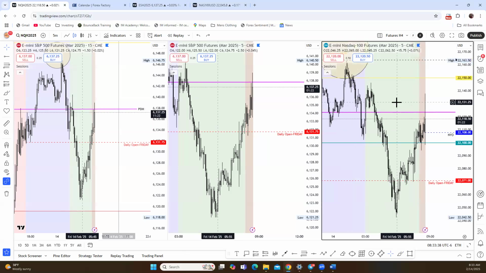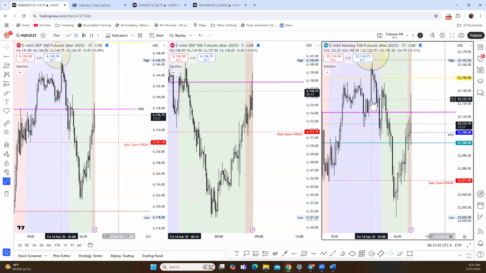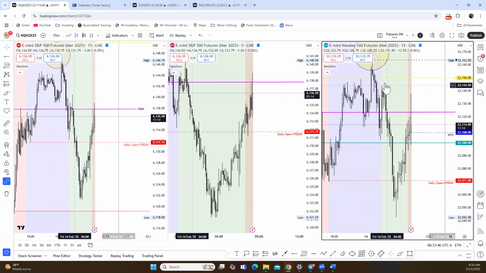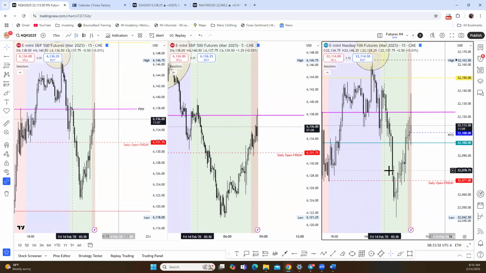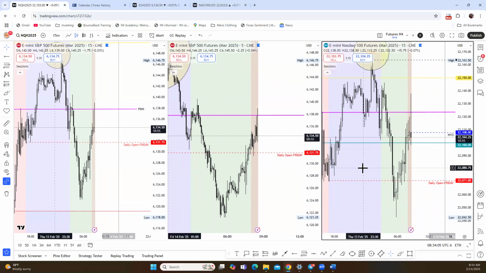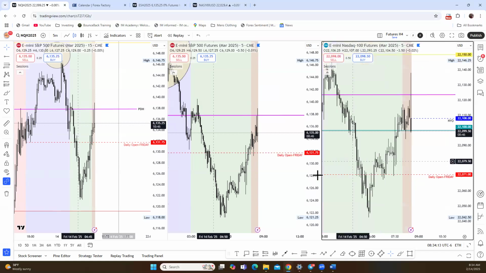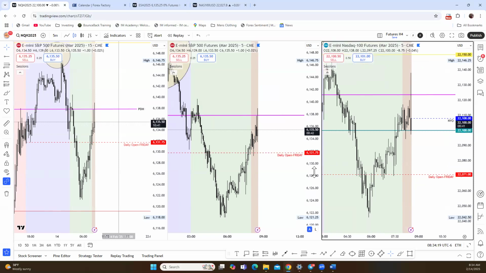So since I have the smaller time frame over here, I'm going to bring this up so y'all can see what I'm looking at on this 15, because we could be rejecting the supply candle right now, but we'll be able to know if we can get over this high right here. It's just looking more and more difficult for them to do that before going higher right now. So I'll go back to that 5 so we can see that. ES looks good. They might reach for the liquidity on NQ first, unfortunately, but we'll see.